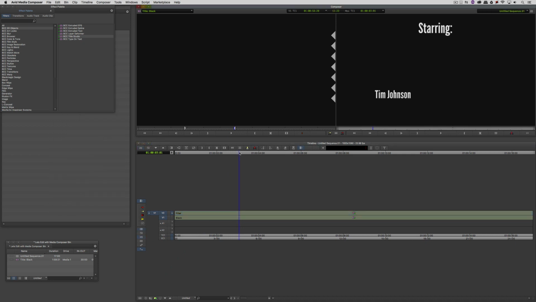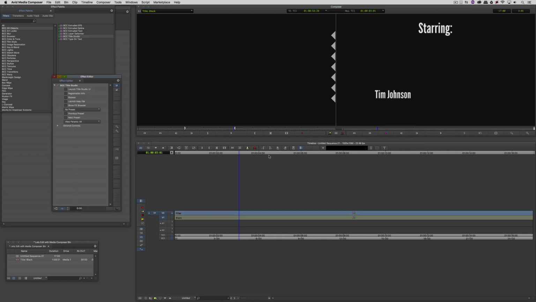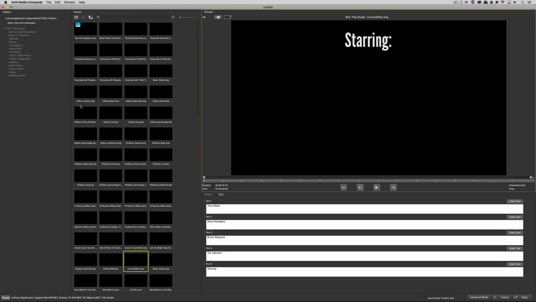I wish there was a much easier way to do this. Well, there is. Now, whether I do this as a template or on the actual title, the technique works the same. So to change this name, instead of going back into the Title Studio user interface, I'm going to step back into effects mode and head into the FX browser. Now you'll notice that I'm parked on this title right now, the title that I was